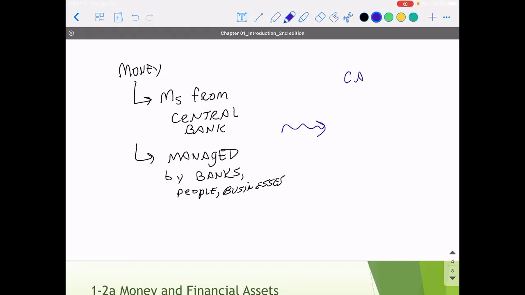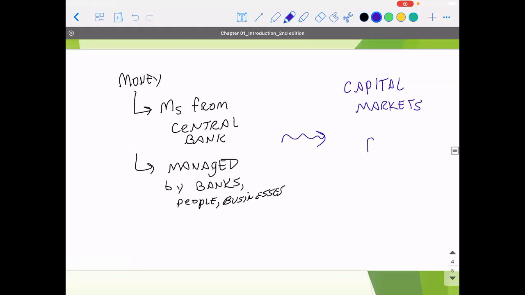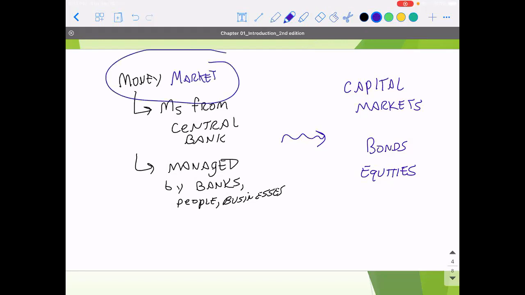Now that money is then transformed in the capital markets. And what the capital markets represent is investments in the means of production. That would be in things like bonds, equities, to name but a few. And so really you can think of this course as treating these two specific markets and only focused on these two specific markets. An essential feature to understanding finance, but also an essential feature to understanding economics.